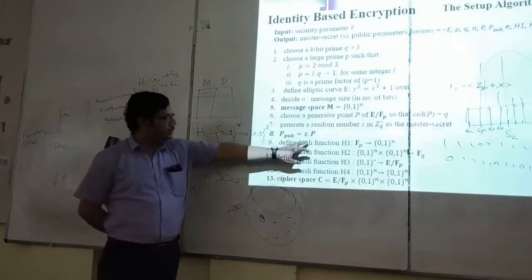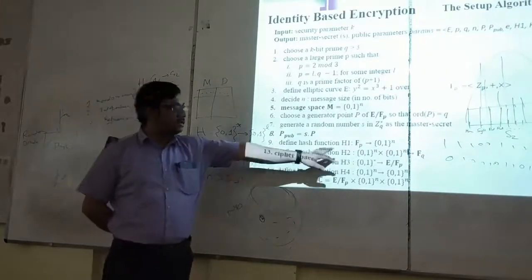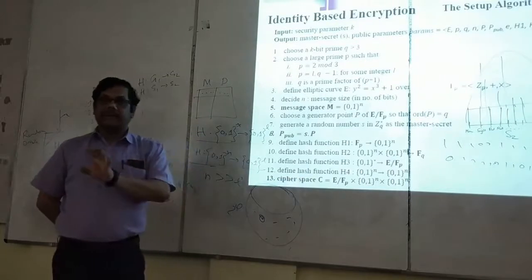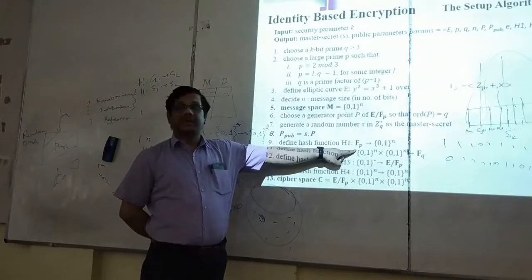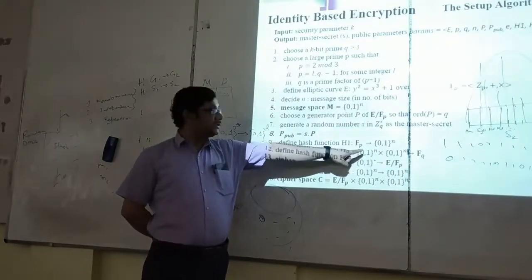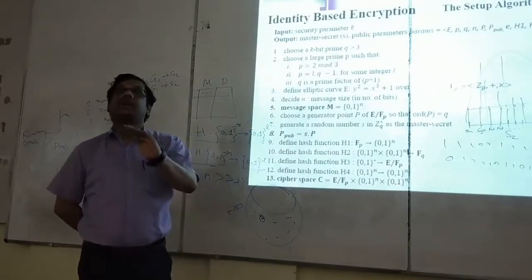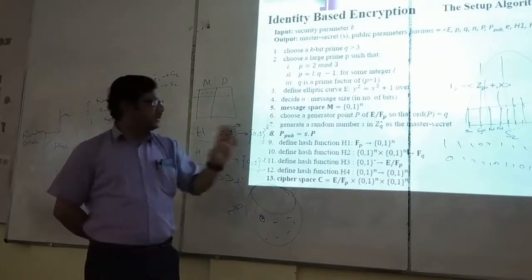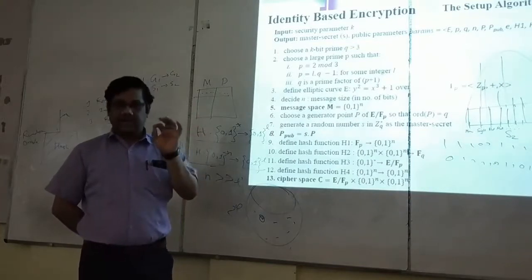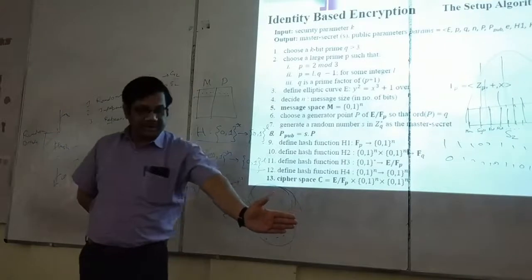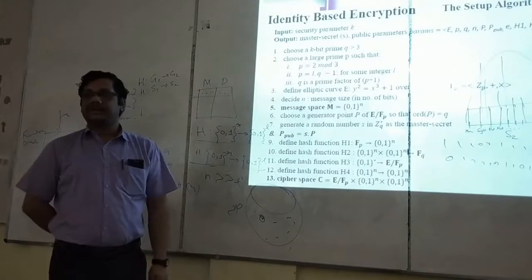Now, what is this hash function doing? Stated in English, not in mathematical notation, in simple English, you state what this hash function will do. It takes any number between 1 and p minus 1. And what will be the output? An n-bit string. And this should be uniform random. That means this function takes a random integer from 1 to p minus 1, and the output is uniformly distributed over all n-bit strings.